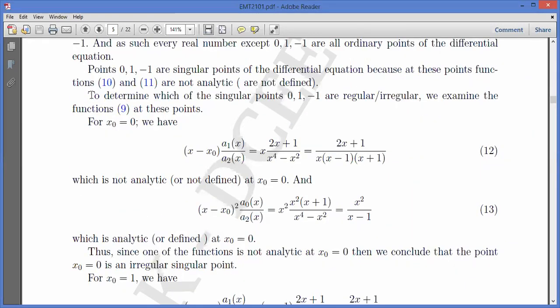So we are saying to determine, that is this paragraph here, to determine which of the singular points 0, 1, and minus 1 are regular or irregular, we are saying that we can examine, we can,